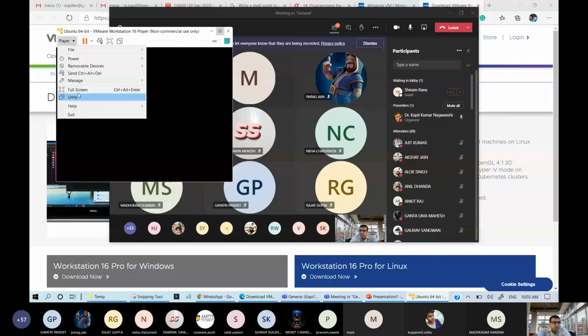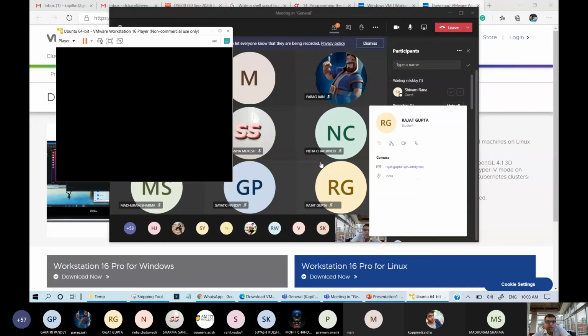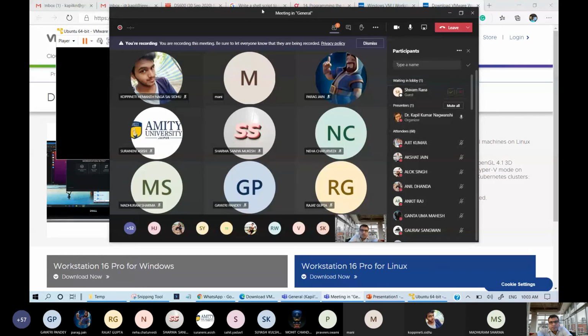Fine. Power is on, so I'm not able to show you the settings, but this means it is a computer inside your computer. You need not install in an additional partition, and you can directly download and use it. Okay.